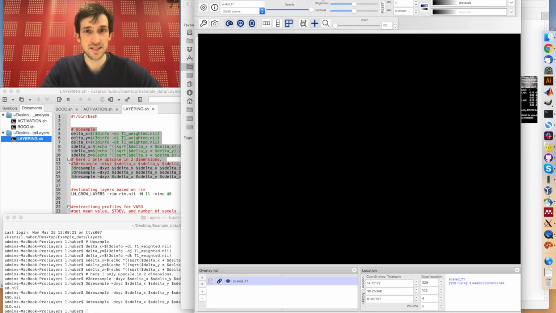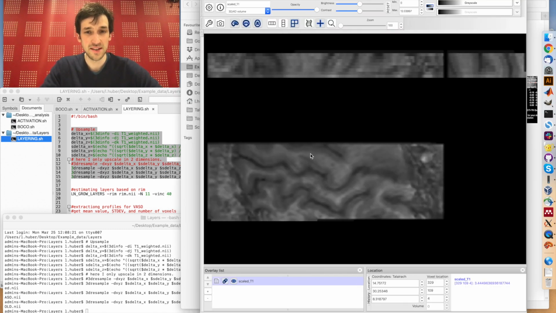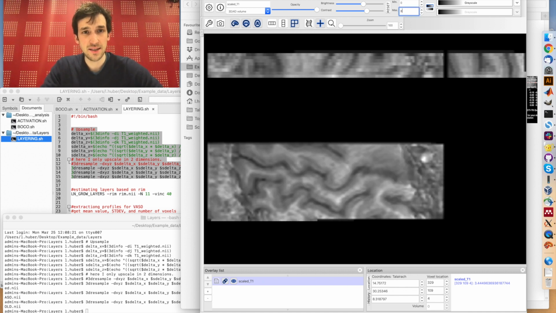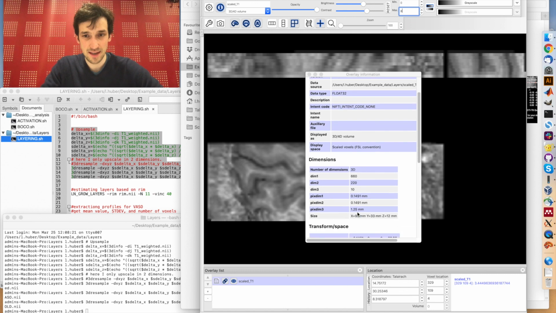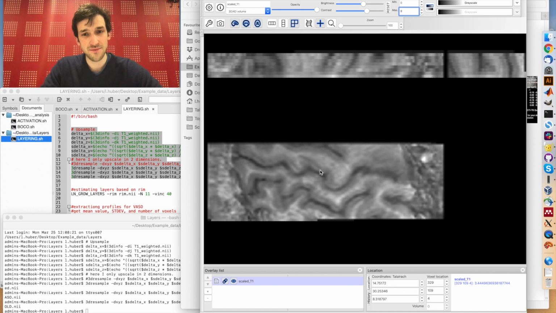The upsampling in this case is only done within the slice domain. So you can see that in slices, we have now upsampled resolution of about 150 micron, whereas the slice thickness is still the same, because we're still assuming that we are perpendicular to the cortex. So this would be the hand knob over here. We have a double kind of epsilon-like shape in this participant, and this is actually pretty deep down in the